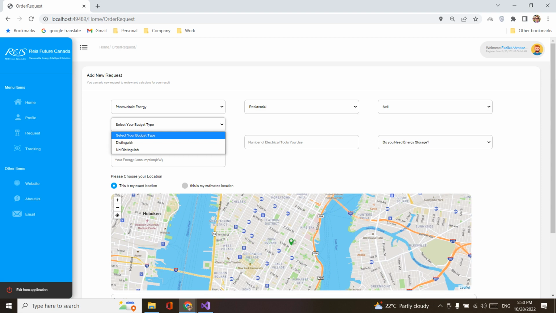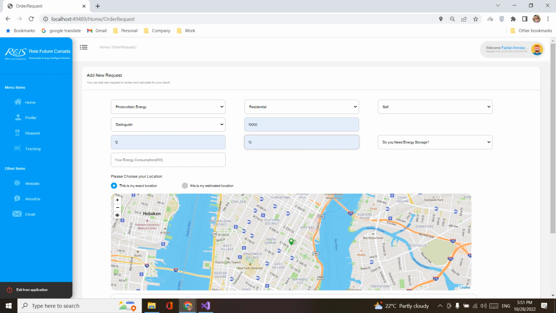And then you must specify budget type, for example, distinguished, and $10,000. After that, you must specify the distance between production and consumption, for example, 12 kilometers, and the number of electrical tools you use.